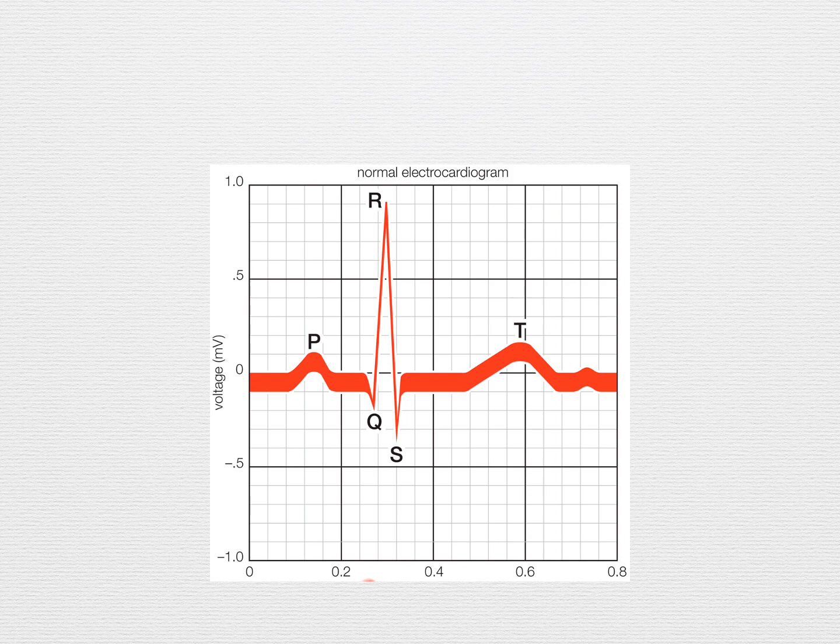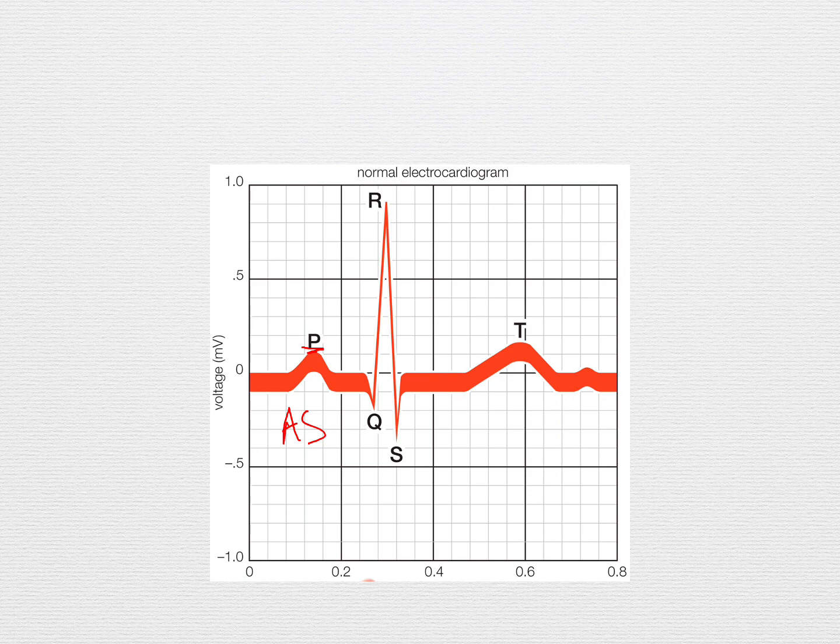This here is an illustration of an ideal ECG. The voltage is measured on the y-axis, whereas the time is measured on the x-axis. There are 3 parts to a normal ECG, and memorizing the names of these parts becomes very important for the exams. The first part is known as the P wave, and this P wave can be equated to the conduction of signals through the atria, resulting in the atrial systole, and hence this is known as the atrial depolarization.